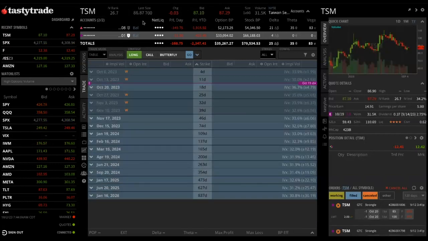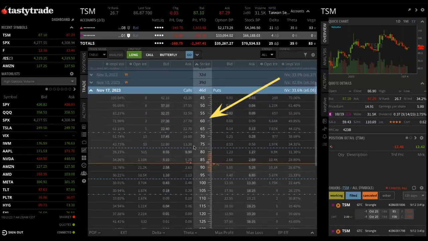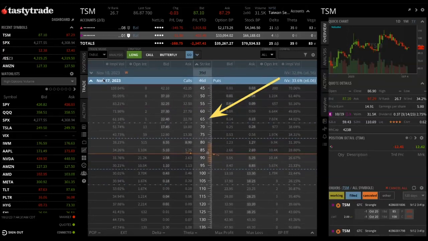And maybe we want to trade, like we have a preset parameters. We're thinking, maybe I like around like 45 or 60 days out until expiration. How can I find the chain that I want to trade? Well, we'll go here. We'll see, okay, well, 46 days out is pretty close to our 45 days that we're looking for. So we can open up this option chain here, which is November 17th or in 46 days. We click on that to expand it, and now we see the full options chain here for TSM on this